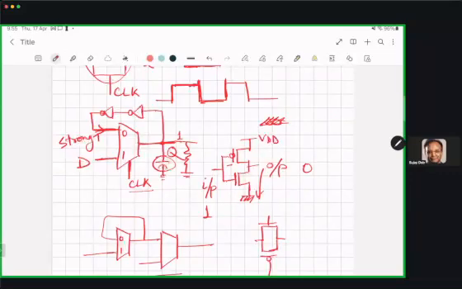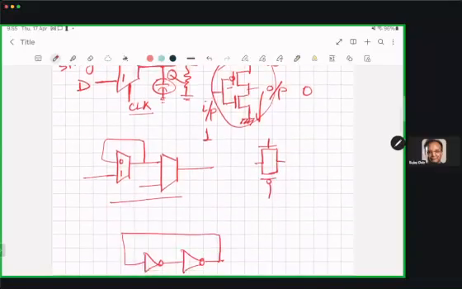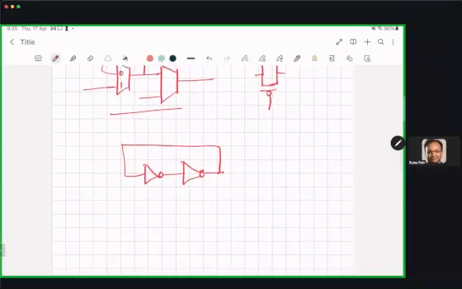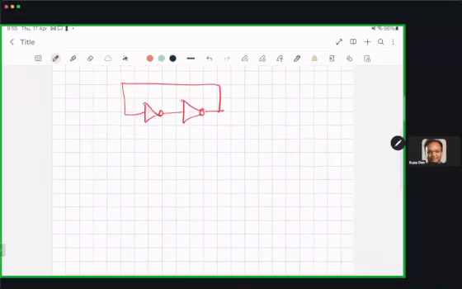Oh, so each of these inverters is made of transistors. The mux is made of transistors, right? So the basic building block of all your logic circuitry is transistors. For example, this is one inverter, and the mux will have this kind of transistors, and basically a couple of them will form this. So I was trying to say that I can